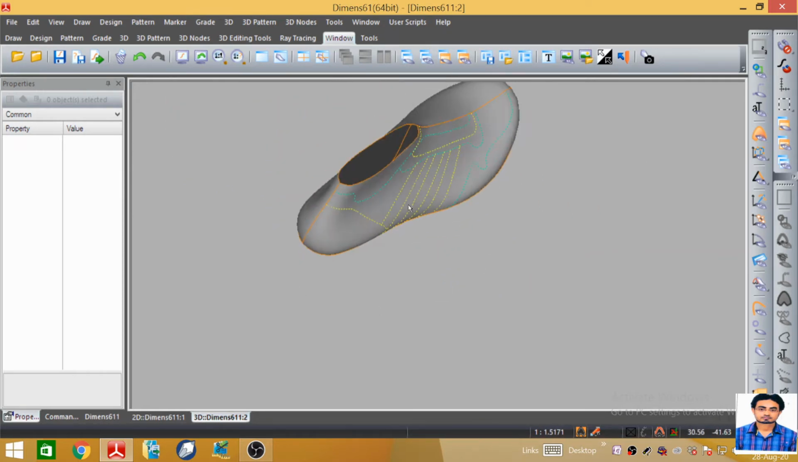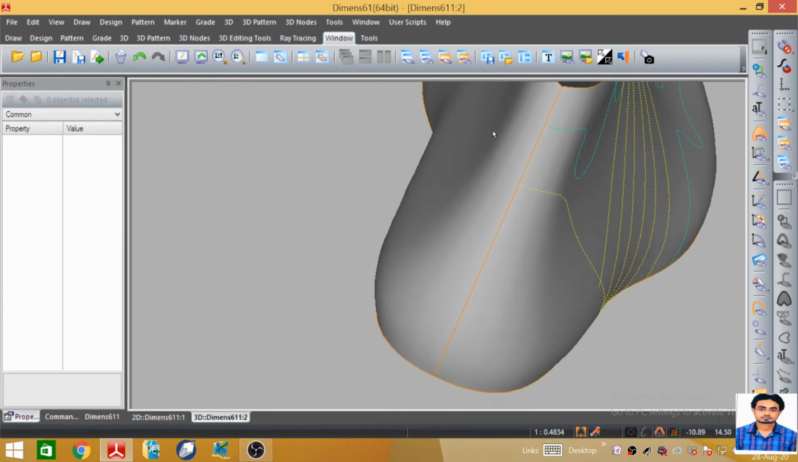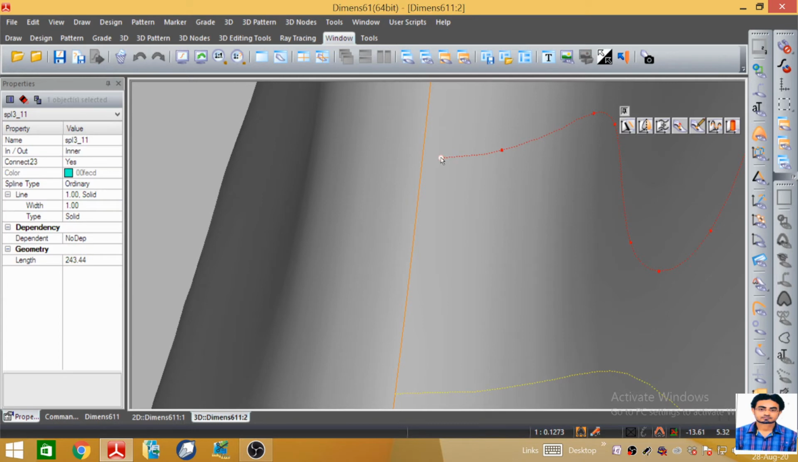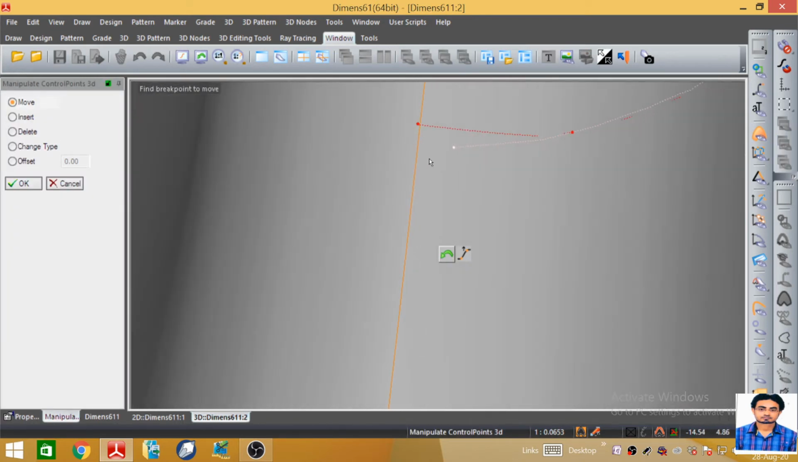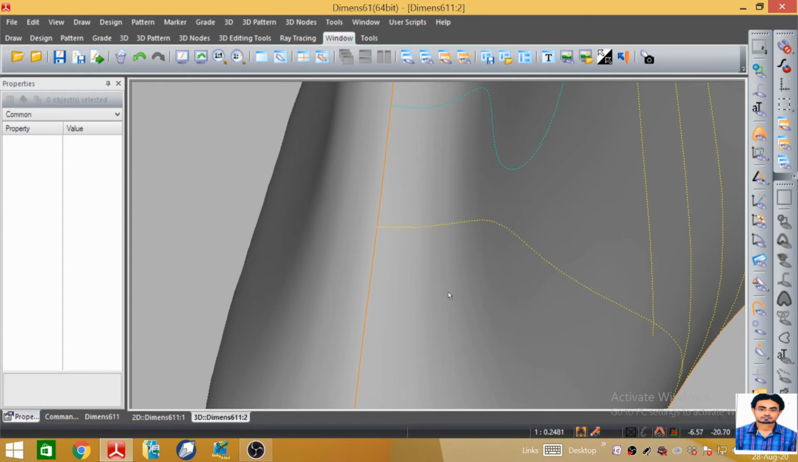We have to come to this back line. Now we have to see whether this line has been properly arranged or not. We have to arrange this line and match it to the center back line in a proper way. After the adjustment, we have to OK. Now